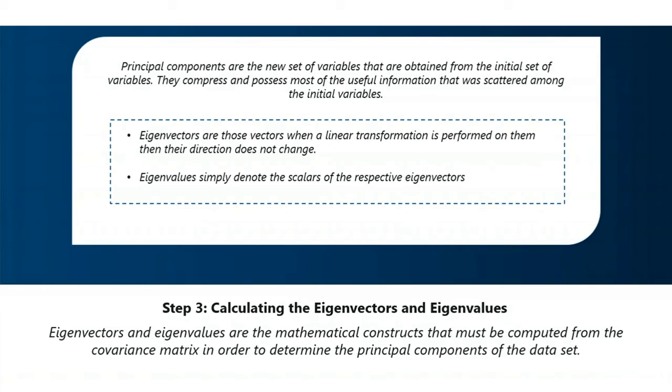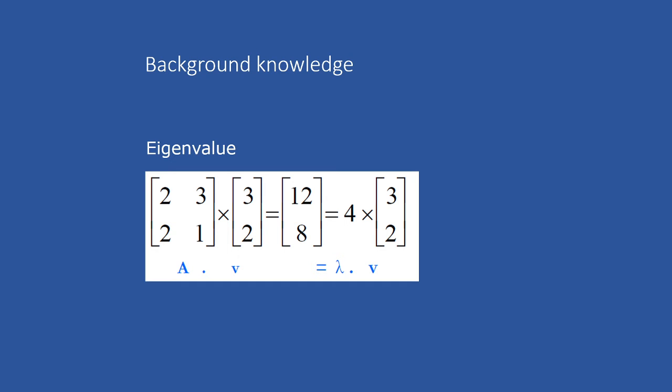So here, for whatever two-dimensional data we have, we are going to find the eigenvalues using the same mathematical calculation. Let me talk about a two-dimensional, 2 by 2 matrix A, where A multiplied by the vector v is equal to lambda multiplied by v. Here v represents the vector values.